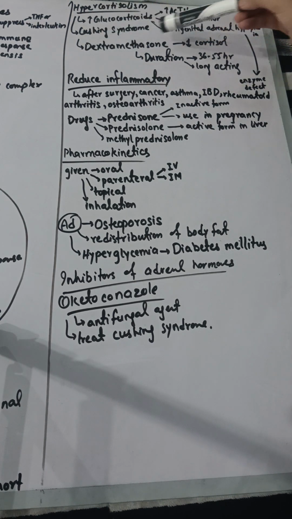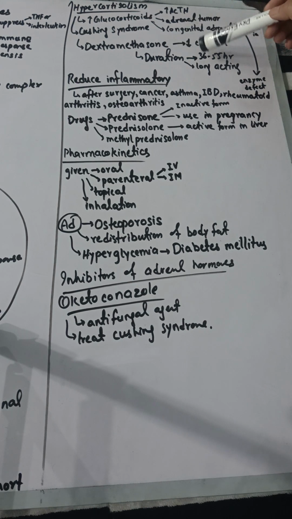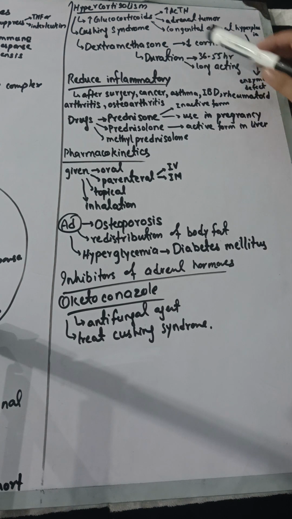We will give dexamethasone. Dexamethasone decreases the level of cortisone, suppressing it and blocking the adrenal cortex from releasing it. It is the longest acting drug, acting about 36 to 55 hours. So it is the longest acting corticosteroid. If the patient has taken that drug, then he will have to take it again after 2 days. This drug controls and decreases the level of cortisone in that patient for 2 days, so it has the longest duration.